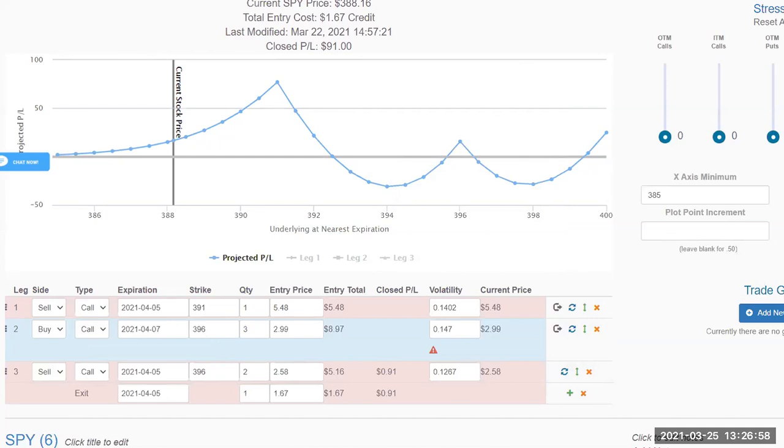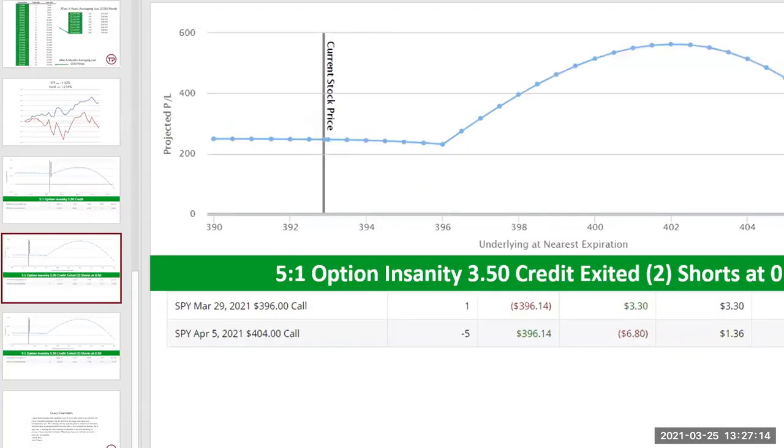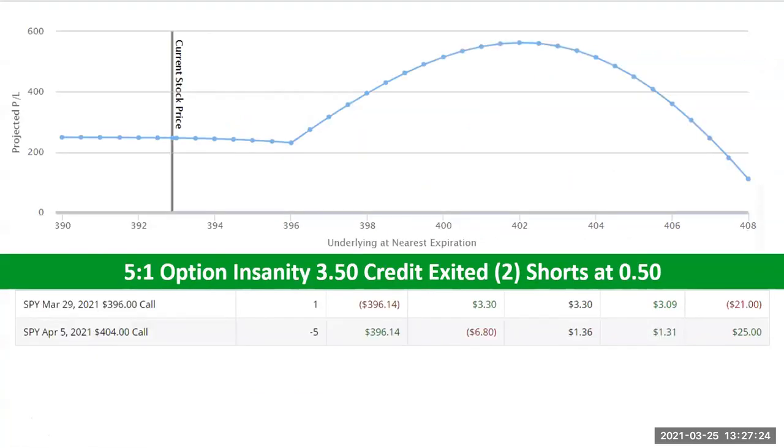And now let's switch gears just a bit back to option insanity, and I'll show you why we can't get into any shorter term option insanity trades, and why it's really not worth our time to spend a whole lot of time on that today, since we're not going to be taking any trades in that.